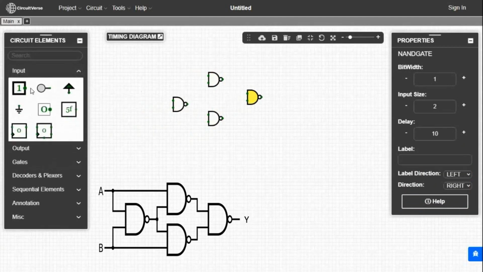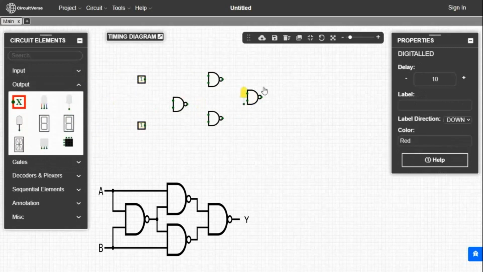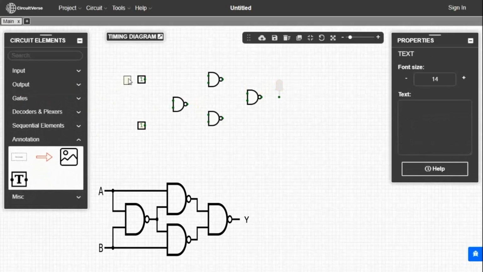We have to take two inputs and digital LED for output. Now give the name to the input and output.